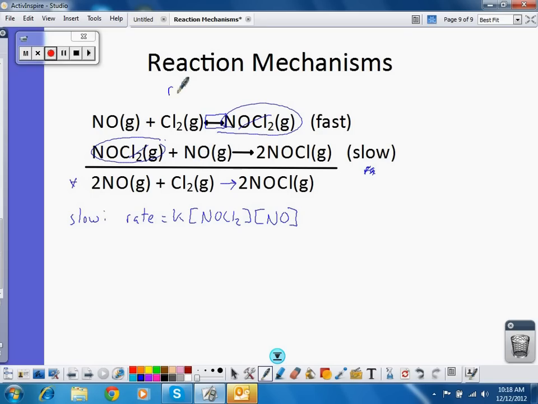So the rate in this direction is the same as the rate of the reverse reaction. They are happening at the same speed. So if I look at this fast step, I can see that one rate law